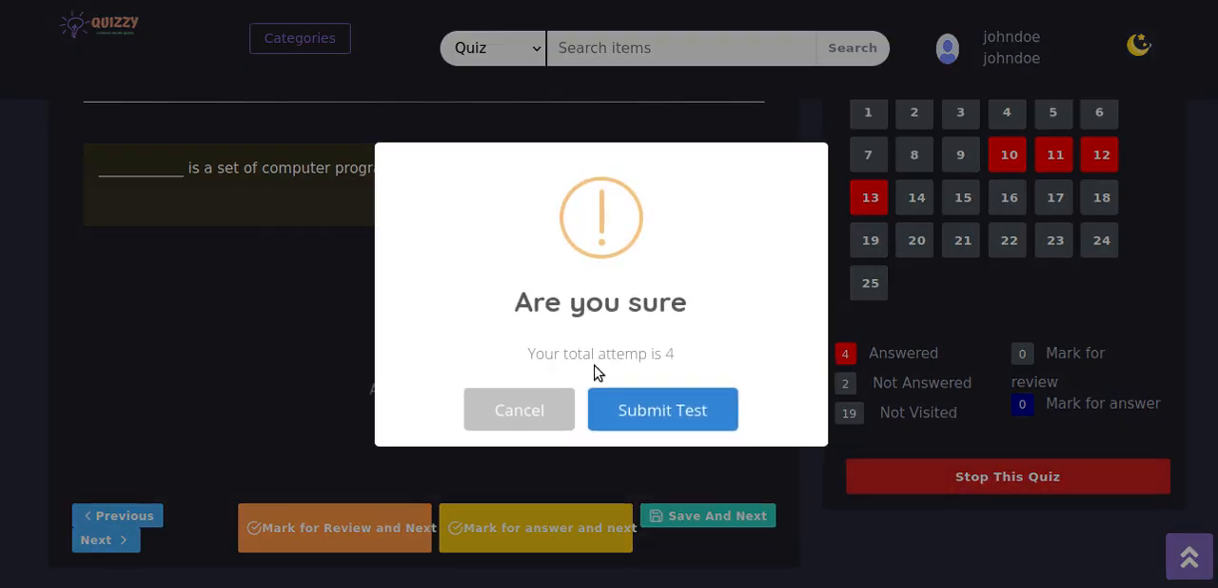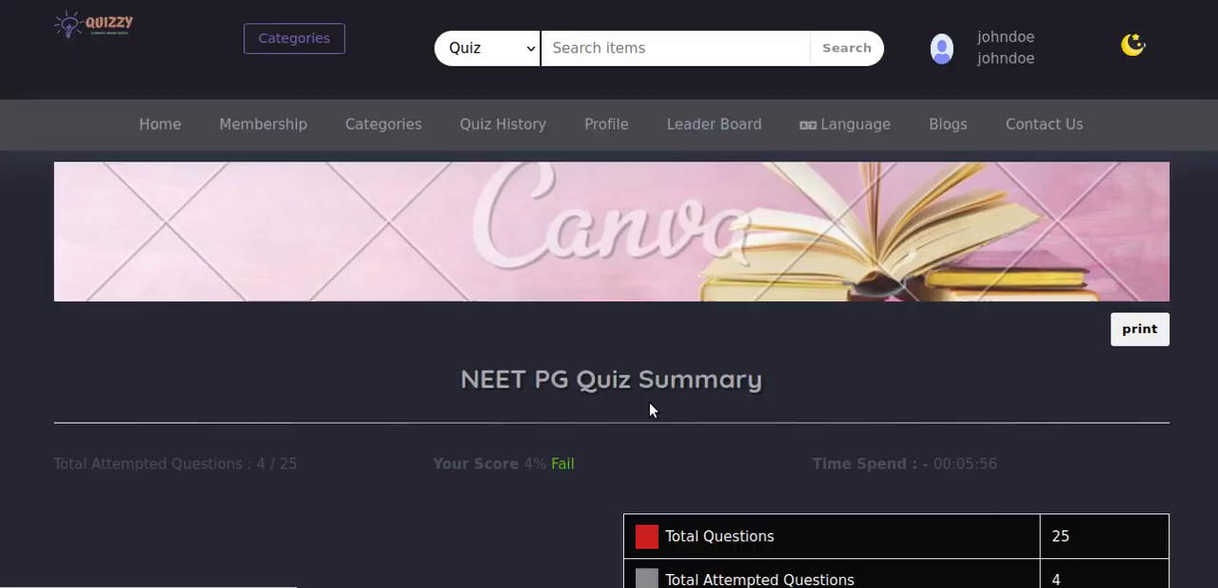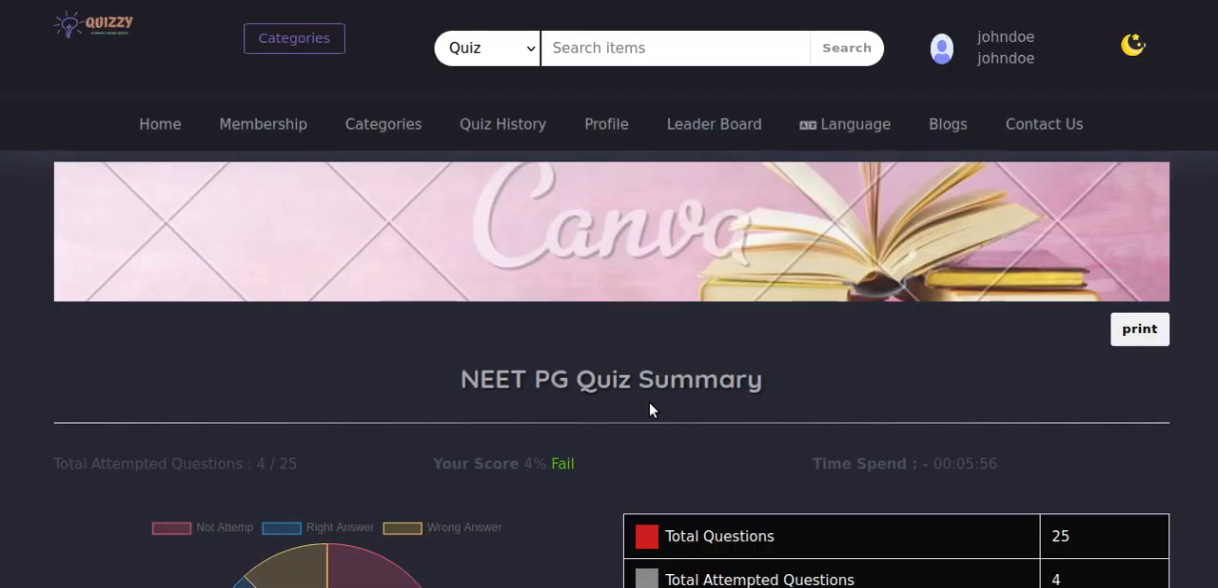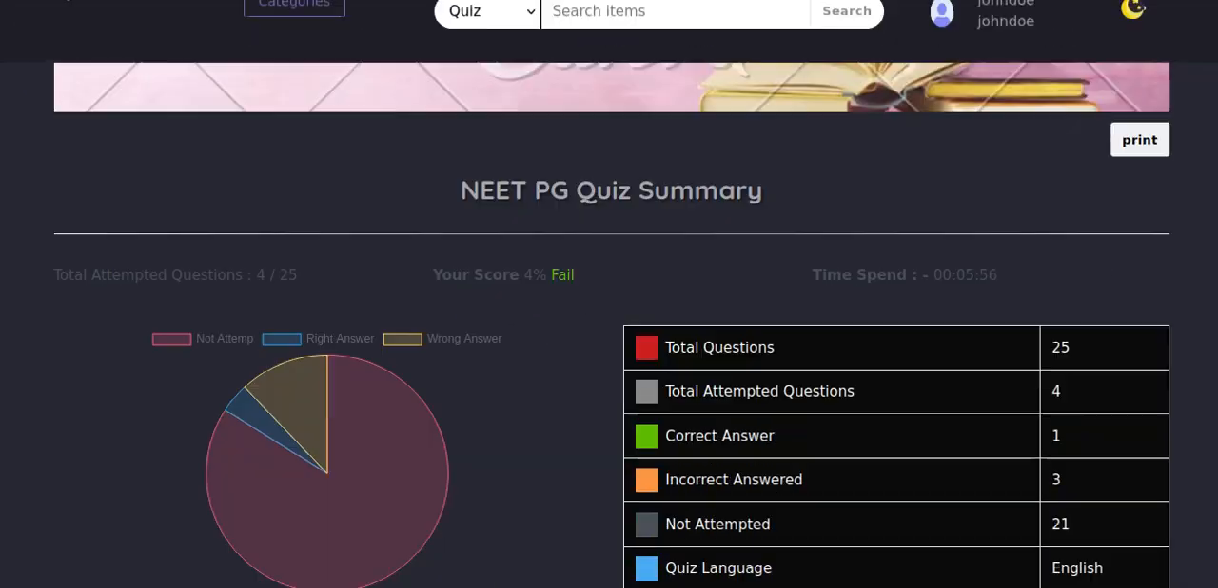So are you sure your total attempt is 4? Right, 1 2 3 4. We have attempted 4 questions only. You want to submit? Yes. Because we have already set it at the back end to display the result, it will show you the result. If you don't want students to see their results, it will not show here. So it will give you, as you can see,